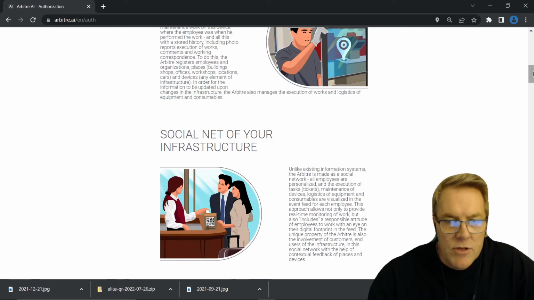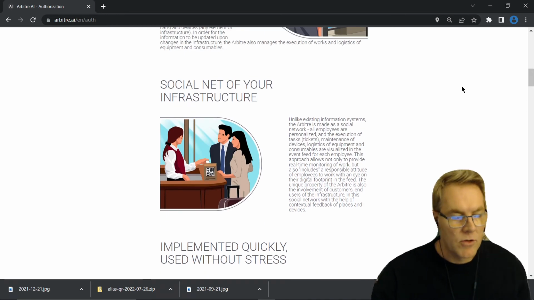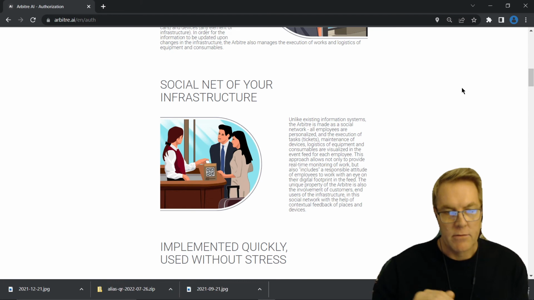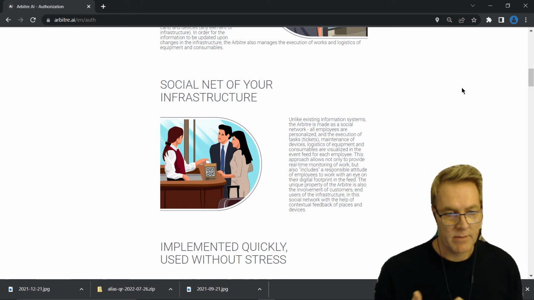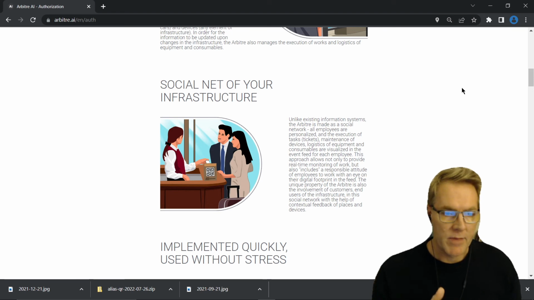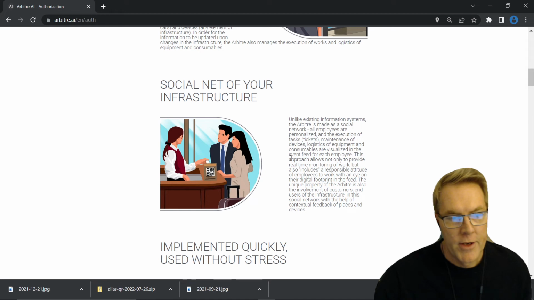So the social net, like I said, it's timeline based. So you would scroll up and down using your phone to be able to see the most recent events as a manager. Views can be restricted within groups within your organization. Chats, all of those are set up the same way you would share your friends list on a social media. They would just be your colleagues or your employees or staff members.